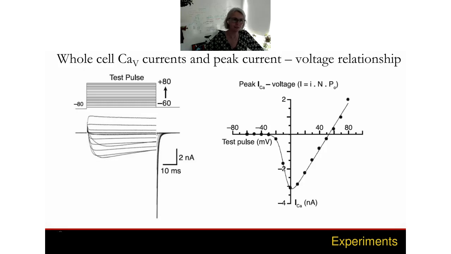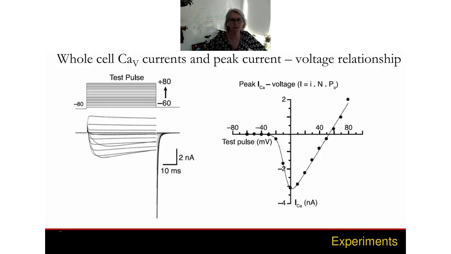So you can see the currents are activating as the membrane voltage test potential is increased. And this generates, if you measure the peak current and plot the peak current against test voltage, this very beautiful and classic U-shaped current-voltage relationship, which is absolutely classic for voltage-gated calcium, but also